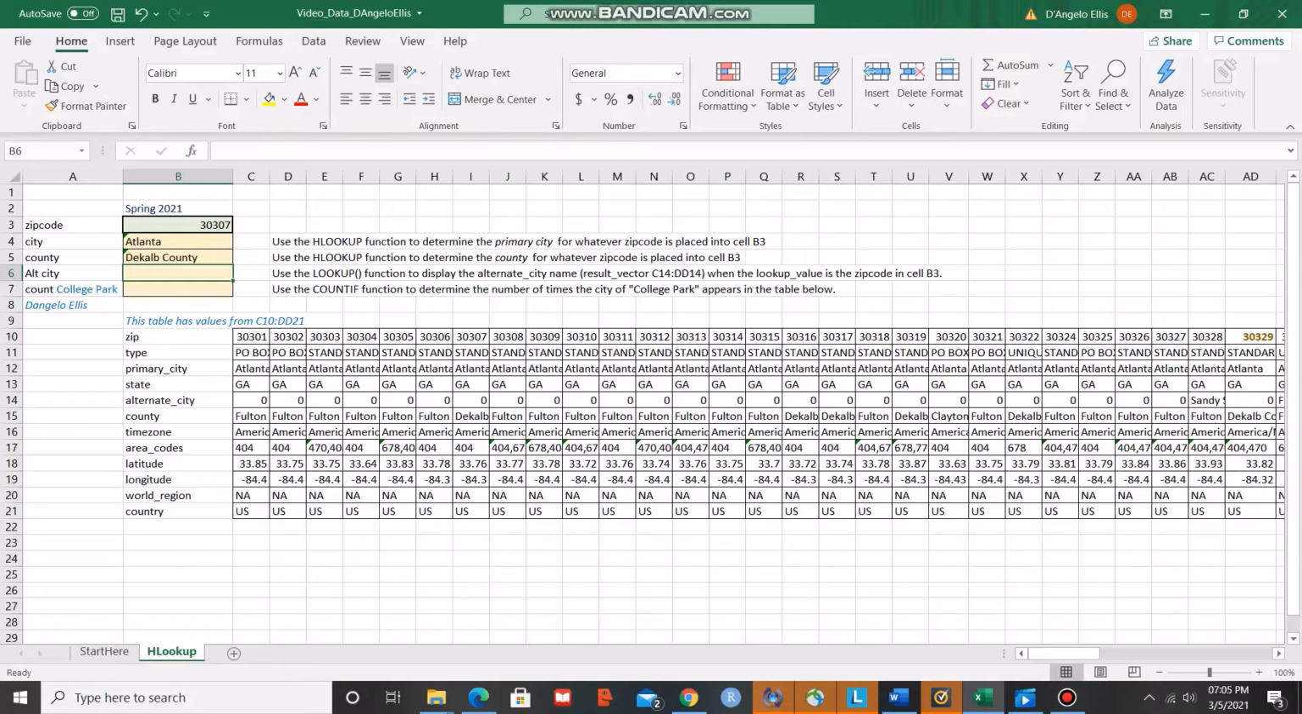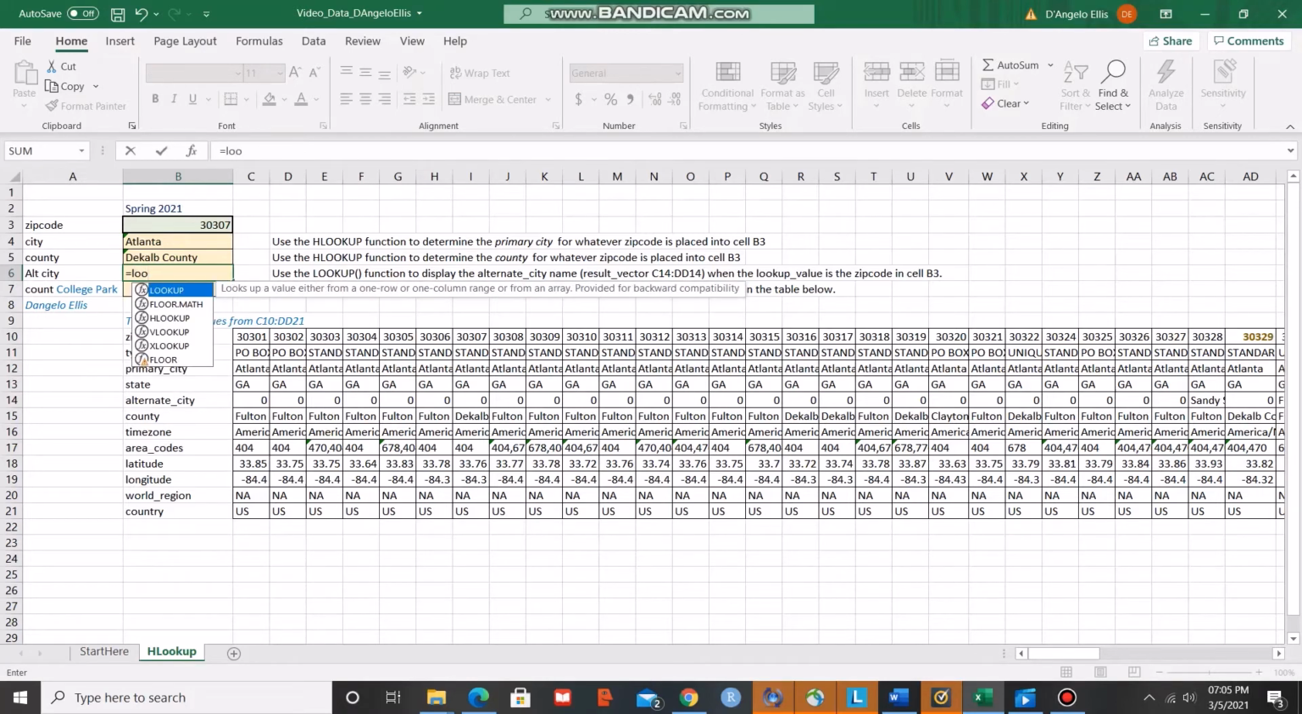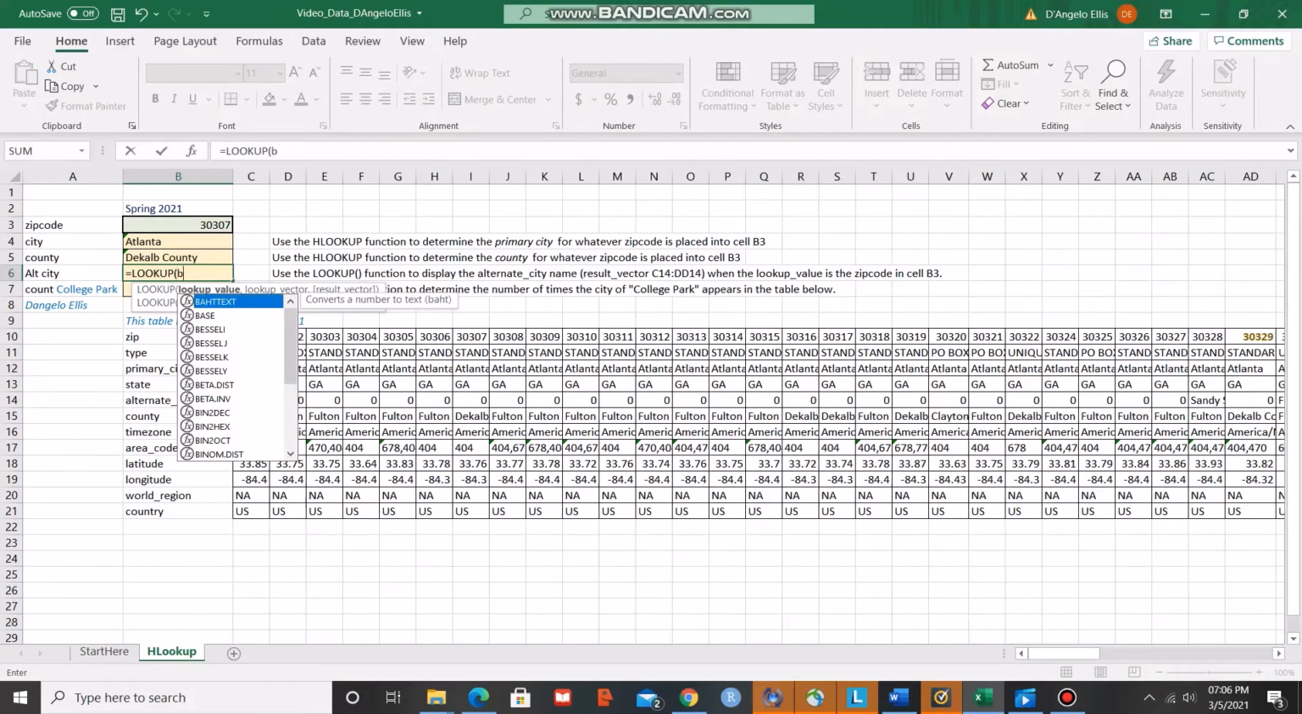Next, we'll be using the hlookup function to find our alt city. And we can do this by typing in the hlookup function. So again, we're always going to start off with =, hlookup. Our lookup value is going to be B3 because that has the zip codes. We're going to put a comma next. And then for this one, we're just going to use the row zip. So C10